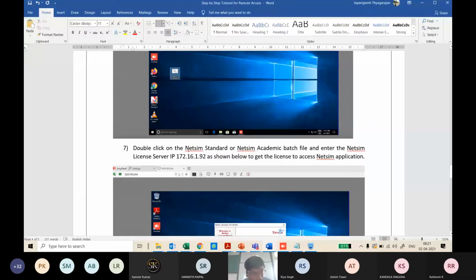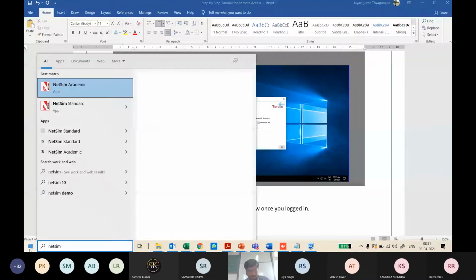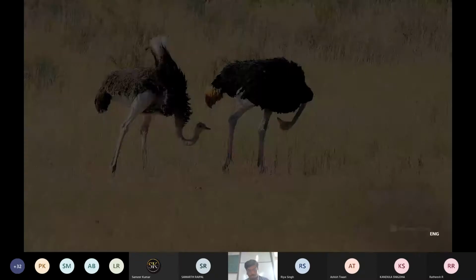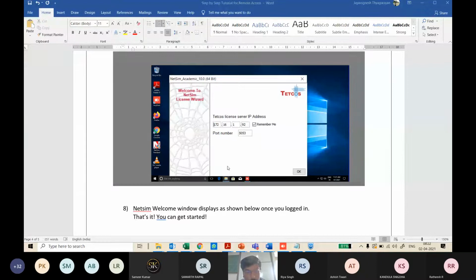This is from where I am going to start. I am going to directly run because I have all the privileges. I'm connecting through the academic version because I think we have all given you a standard version, and since 43 are there, you know how the license works. I'm going to take one of the academic licenses. So this is the IP that you have to type.